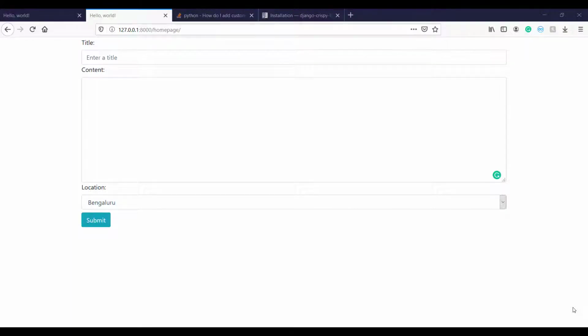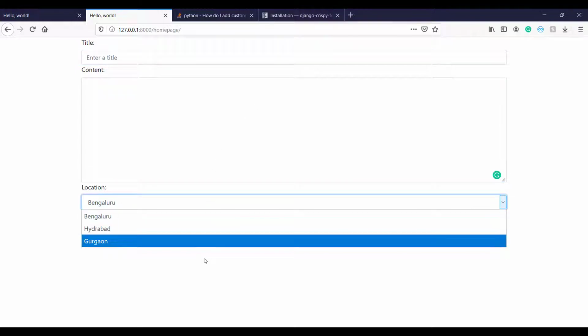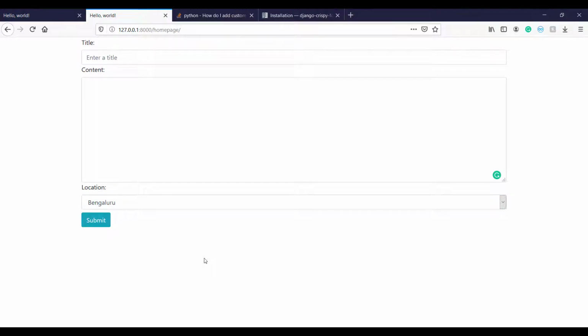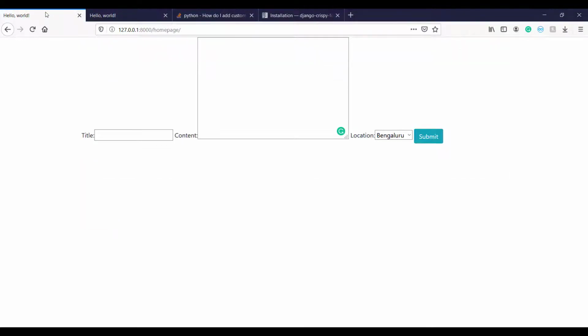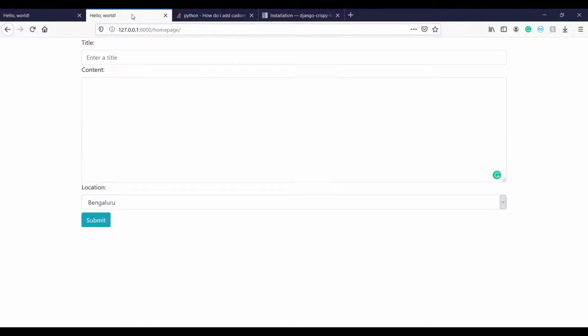Today we are going to learn how we can bootstrapify our Django forms. For example, this is our Django form which has been rendered in a way that it is bootstrapped. It is using Bootstrap. By default, our original Django form is rendered like this, which doesn't look nice at all. So we are going to see how we can convert this form into this version.